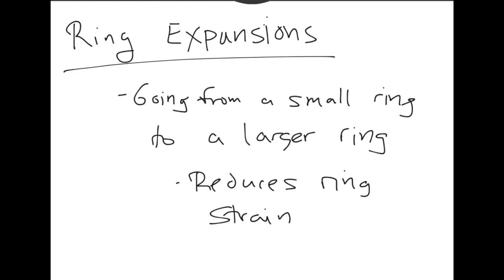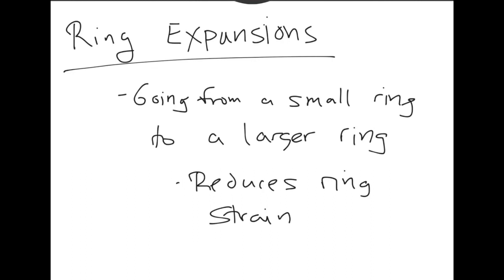Oftentimes, you'll go from a secondary carbocation to another secondary carbocation, but your payoff, where you're becoming more stable, is you go from a small ring that has a lot of angle strain to a larger ring that has less